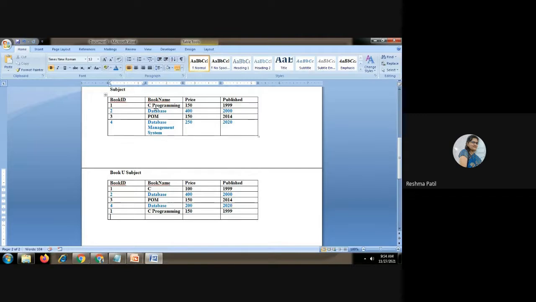Next, this database is already a duplicate here, no need to show it again. Next, POM is also a duplicate, no need to show it again. Now this one is new, so we can write it. This is the result of the book union subject operator. Understood this part?